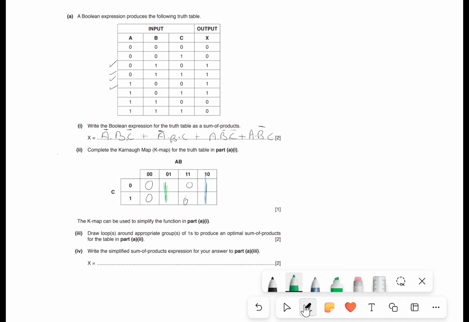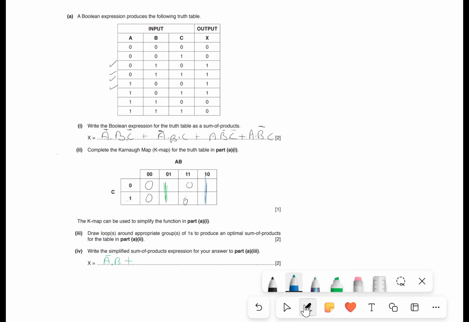Okay, write the simplified sum of products. So let's see what changes and what stays the same. For this one, A is 0, B is 1, C is 0. We've got a 1. If we change C to a 1, we've still got a 1, which means that C is irrelevant. So we've got 0, 1, which means we've got A, B, with A being a NOT gate. Or,